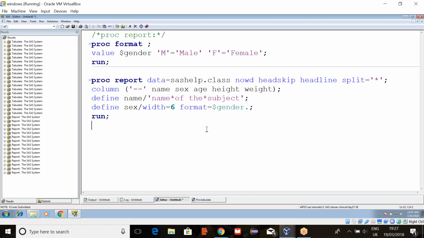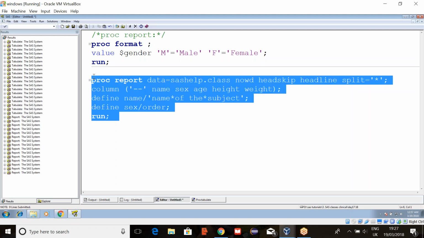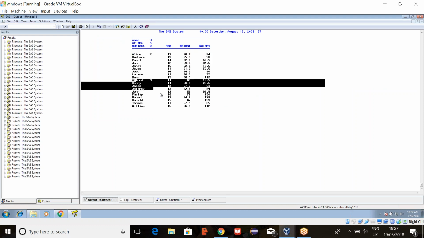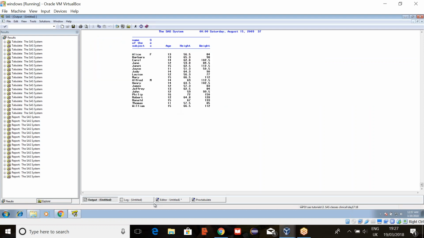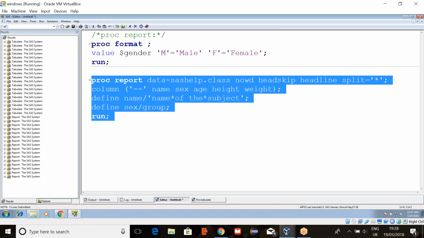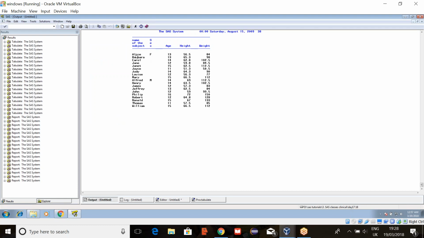Now here we had two options called order and group. We can write all the options together, but it will become a lengthy statement, so I deleted those options. If you write order, it will order like this: all the females into one group and all males into another group. Instead of repeating, it will give only one. This is what we call grouping. Or you can use group also. So group and order mean the same? Yes, it will give you the same, it will order them.